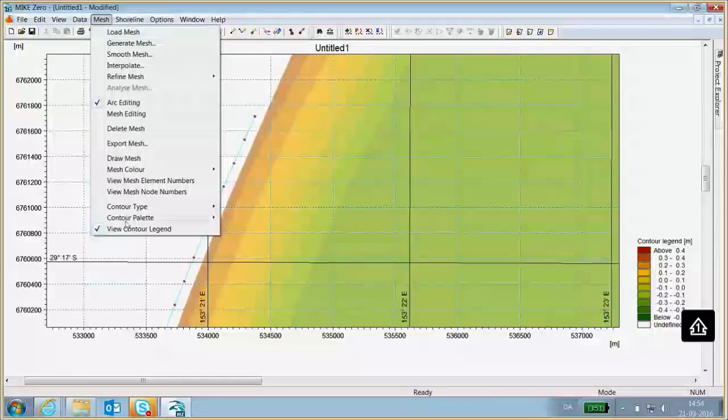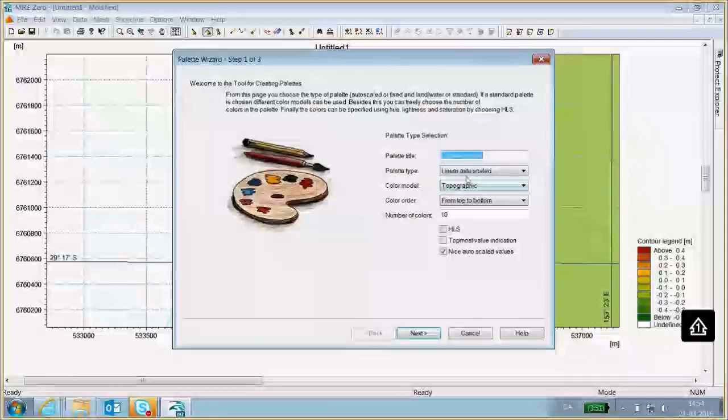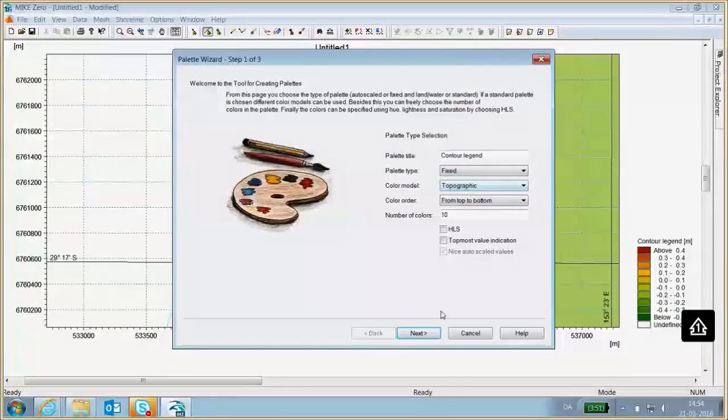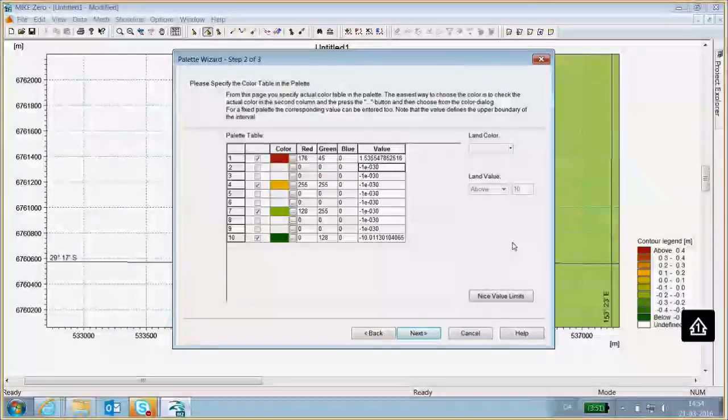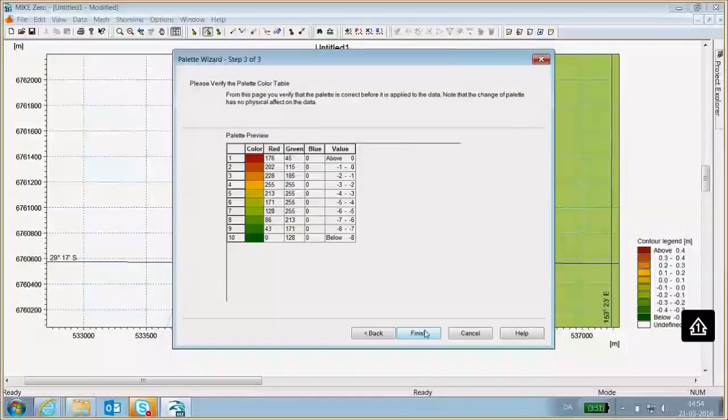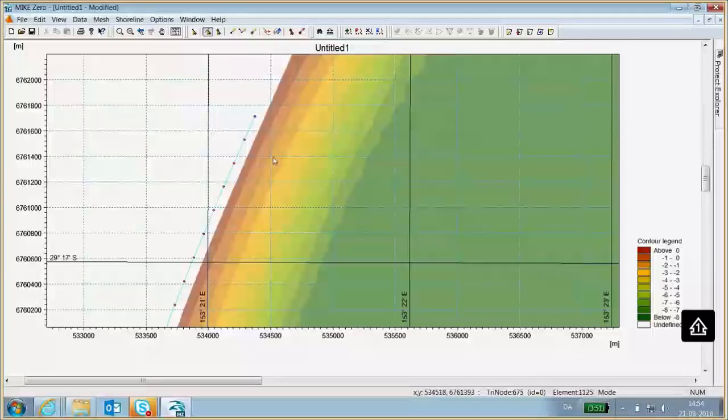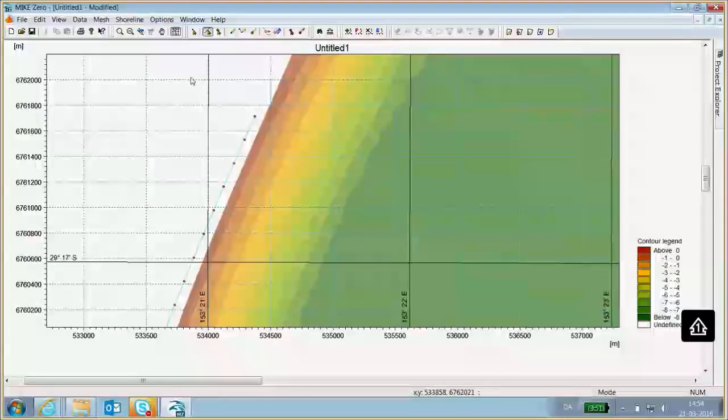And I want to select a contour palette where it's very clear to me where that 0 meter depth contour is, so it's easier to see. So I can just do that by selecting this like that. So then we have this, the 0 meter depth contour is this contour here. And again, I'll just draw the shoreline or coastline as an arc.